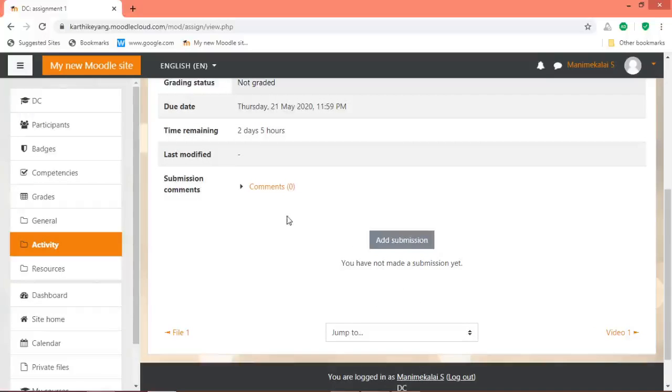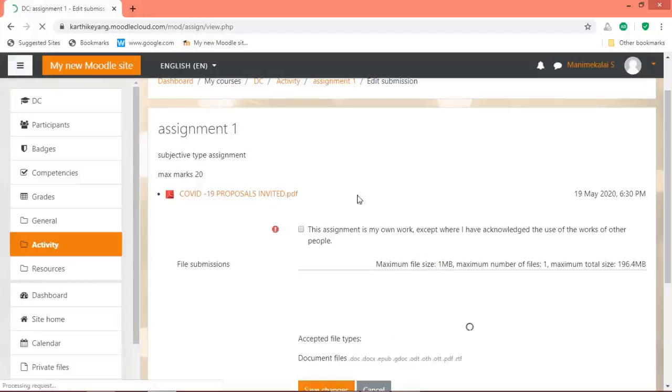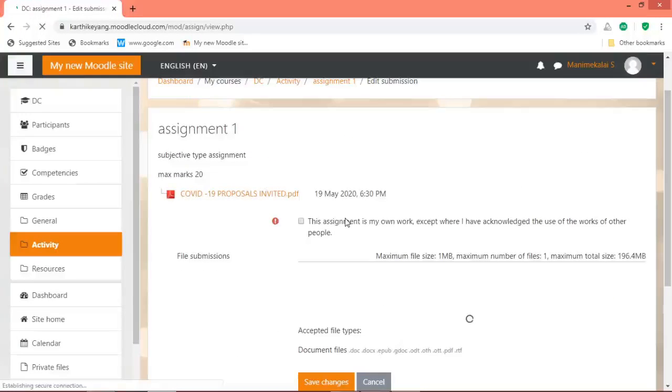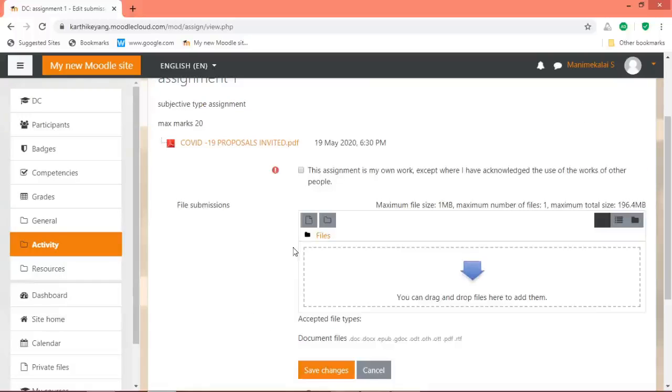For that the student can go to the add submission page. Once the student goes to this page, they can upload the file by clicking this add button.